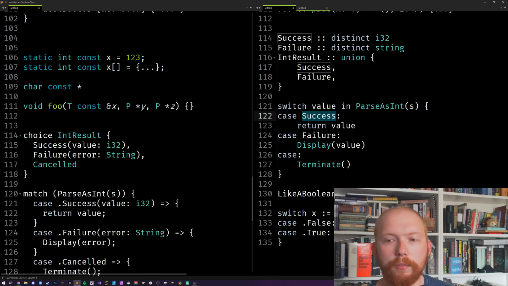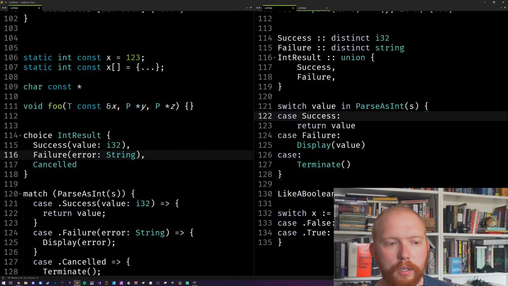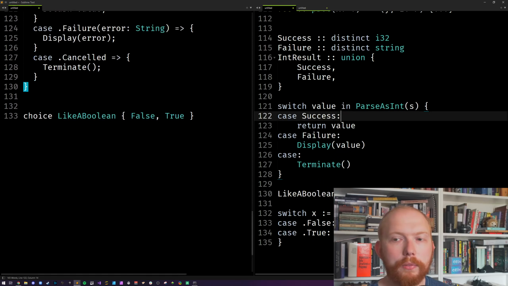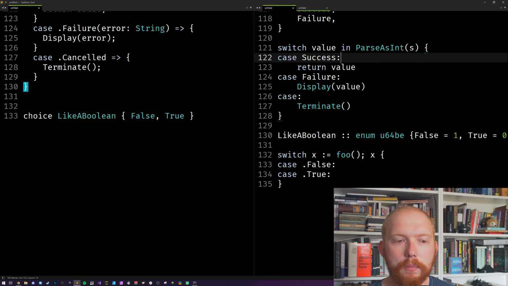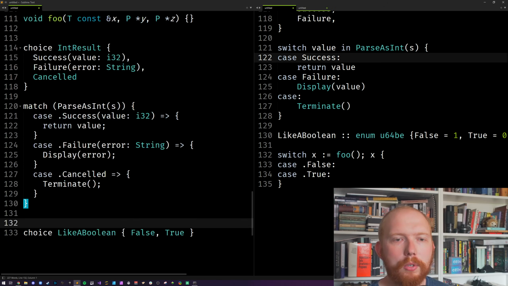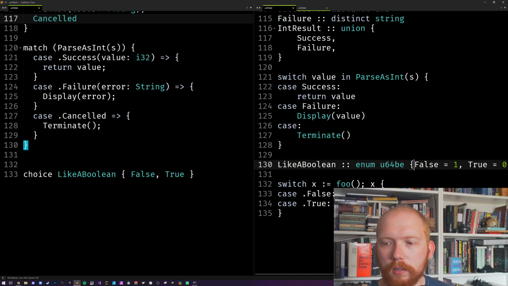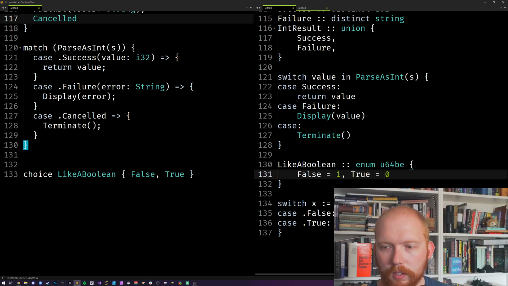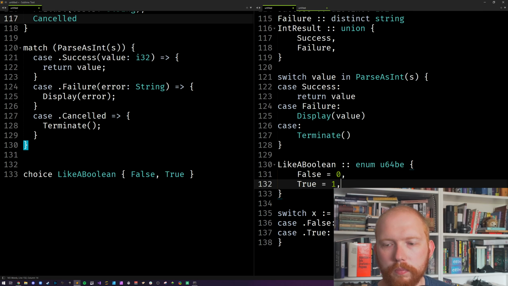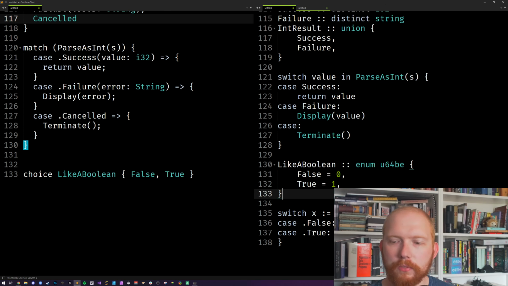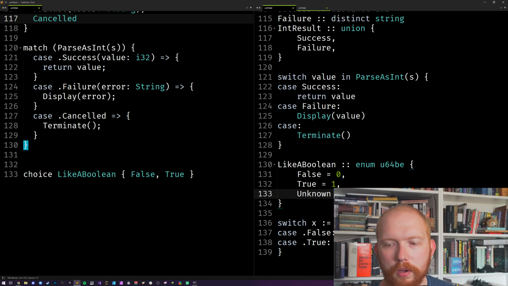Many people say these are not kind of equivalent. Like this one's got labels to it. And I'm like, I know, but I'm doing it because of Odin's distinct type system. It does actually allow for a lot more flexibility and a lot more benefit from this approach. And you'll probably find it much nicer to use in general, because that's what you want. A lot of the time, you're just going to name things and then wrap another thing on top of it. So it's just a bit more noisy. Whilst in the, let's just put this as 1 and that's 0. But yeah, you could do whatever you want to here. That's fine. And we go unknown and we go 2. And then it will complain at you, you haven't done this.